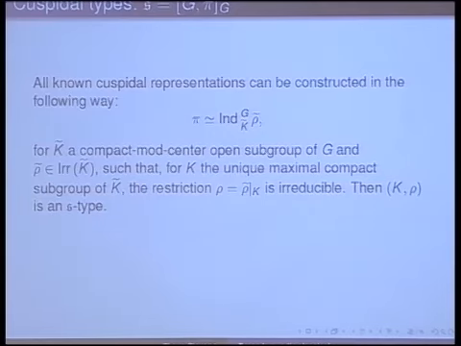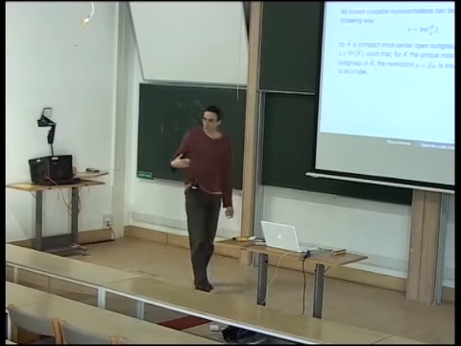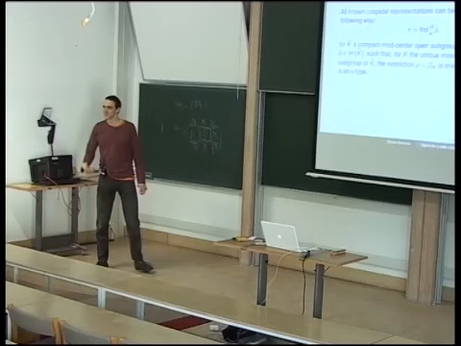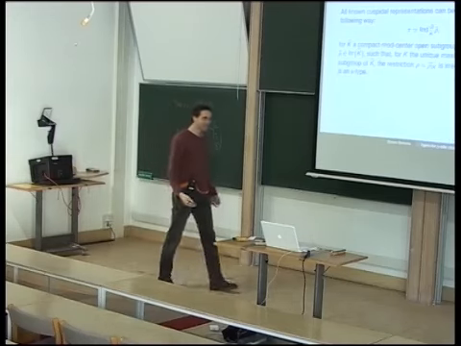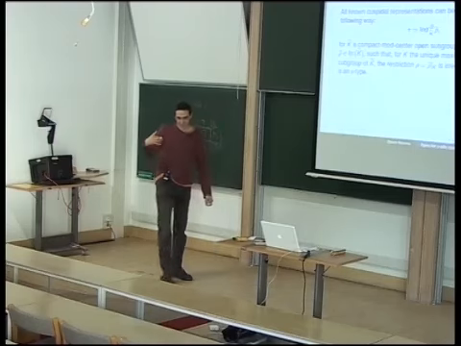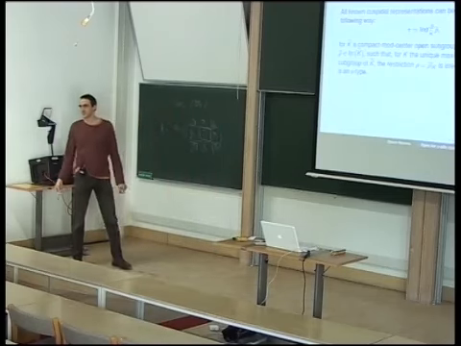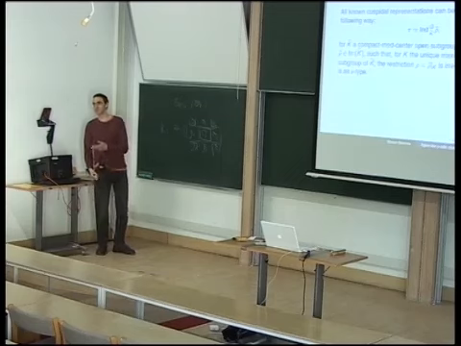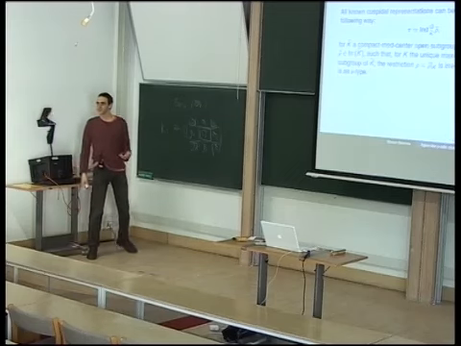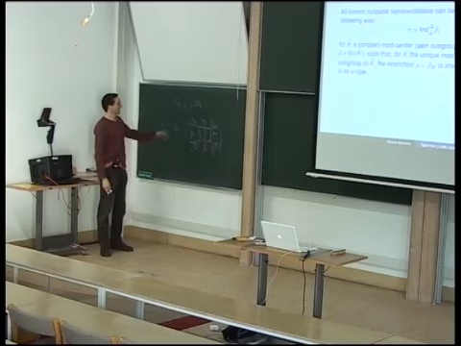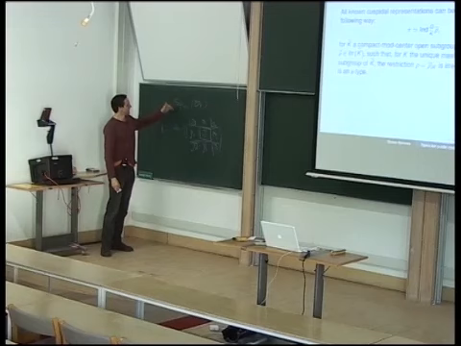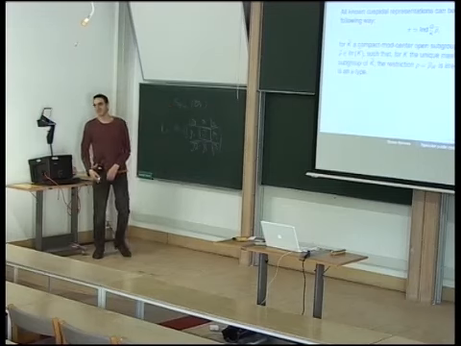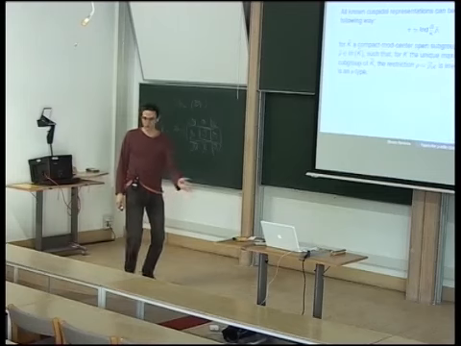It turns out that all known cuspidal representations, and conjecturally all cuspidal representations, can be constructed by induction, which is odd since they're the ones which don't come from induction, but by induction from different sorts of groups: open compact mod center subgroups. In a symplectic group, the center is compact anyway, so compact mod center is the same as compact. In GL_N, you have to put in the center as well.